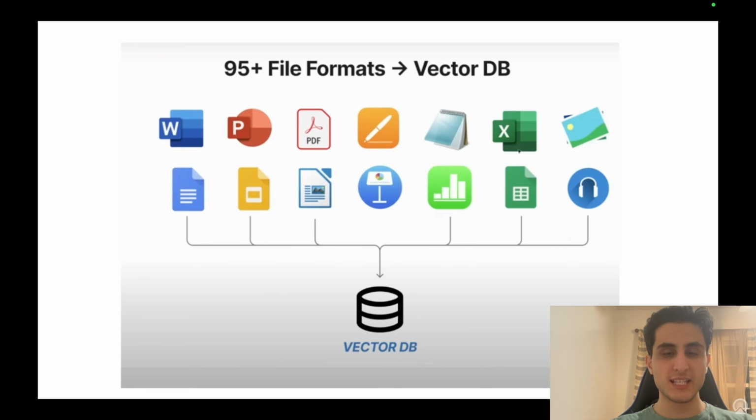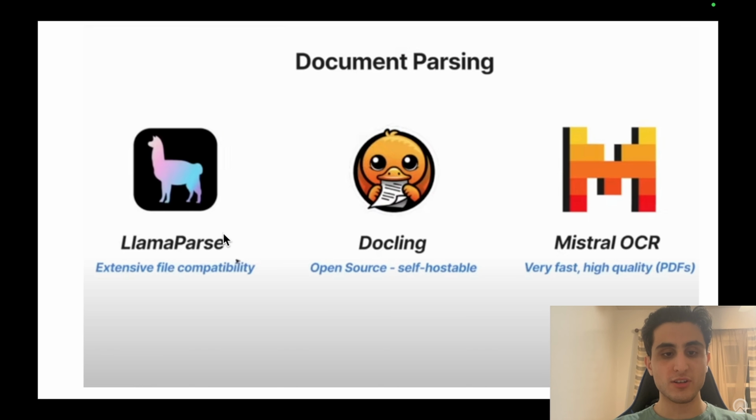Hello everyone, in this video I will show you how to upload any type of information into your vector database so you can use them in your RAG agents. In this video we are going to use three tools. First of all, we are going to test LlamaParse, then we are going to test Docling, then we're going to